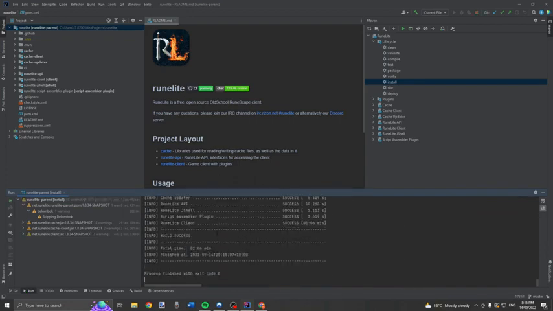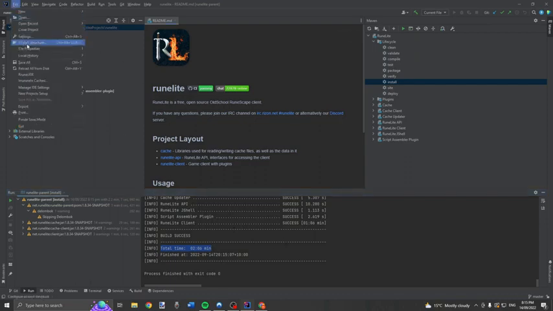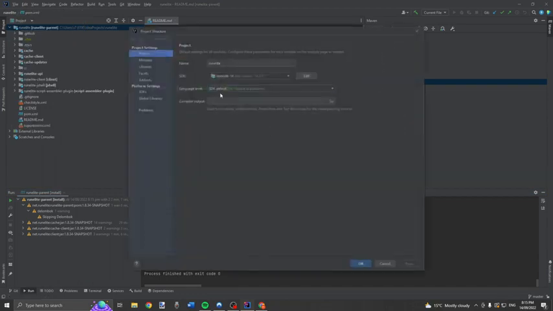Alright, so build success. So if you don't get this message at the end, then there's a couple of things that could have gone wrong. If you don't have a stable internet connection, you could get some errors where it's trying to download from the website or from Runescape or from Runelite, and it's just causing errors. Or other things is go to your project structure and just make sure